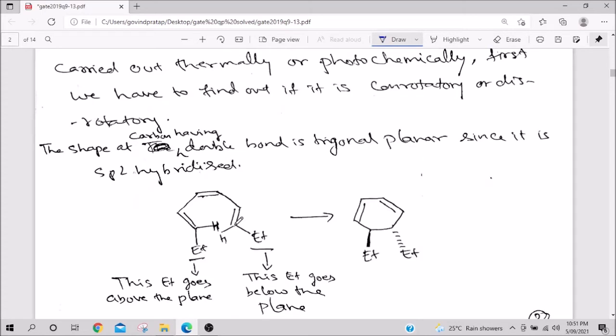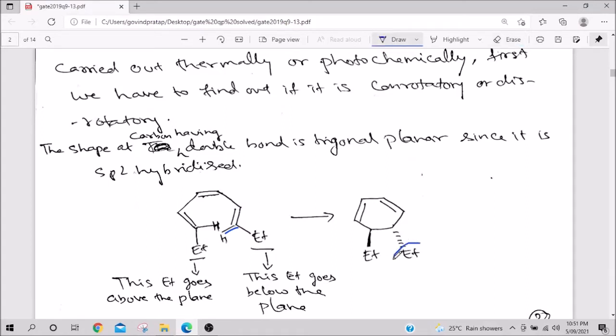So, this carbon which they showed only ET, this carbon is sp2 hybridized. They had shown ET on this side, but carbon valency is 4. So, one hydrogen is on this side, and on this side also they have shown ET. So, one more hydrogen is there on this side, because the carbon is trigonal planar in shape. So, 1, 2 and 3, this is how the shape is trigonal planar, and from there it is becoming